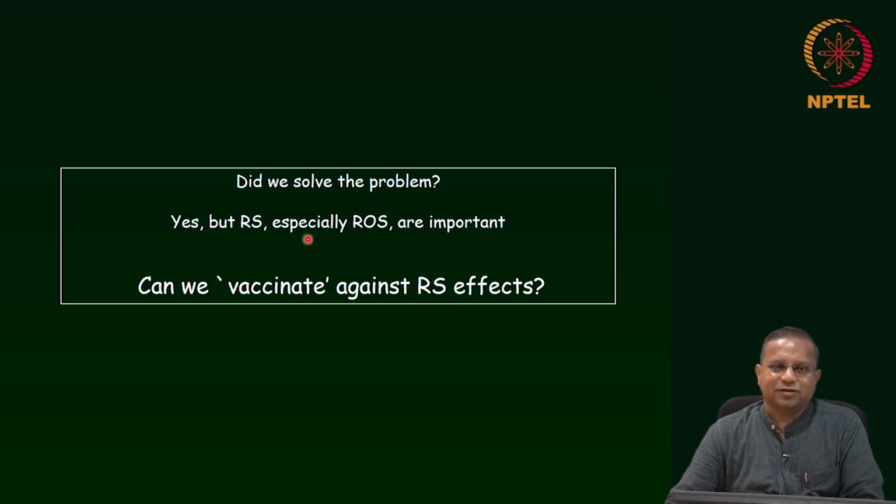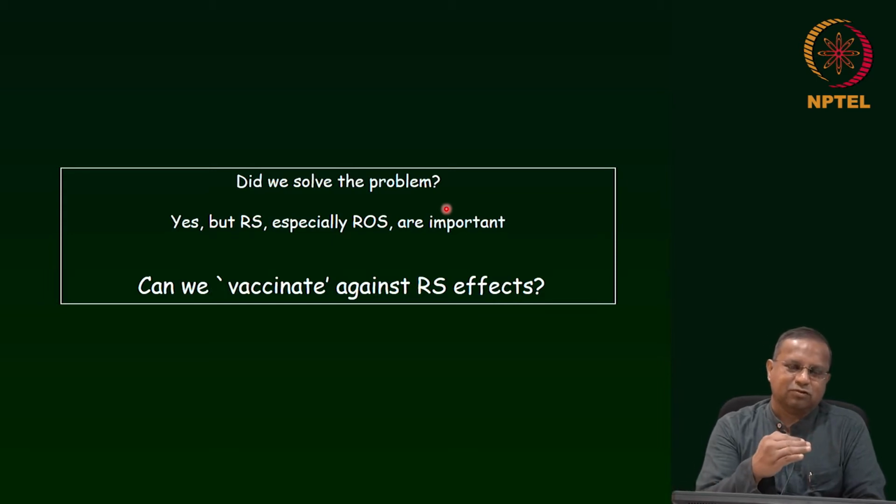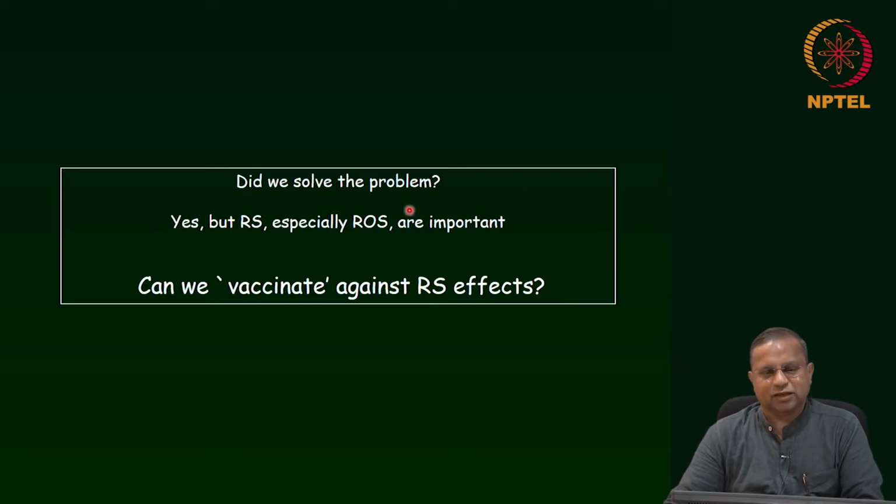Yes, we did solve, but what I did not tell you very clearly was that this strategy affects the growth. Why? Because we are using hydrogen peroxide. Although hydrogen peroxide is made in the cell as a part of its metabolism, it is something called a reactive species, right? And a reactive species can affect the growth of cells, the metabolism of cells in very many different ways. And that is the reason why whenever we use this, although the per cell productivity was higher, the cell yields were lower in the case of LPOS.